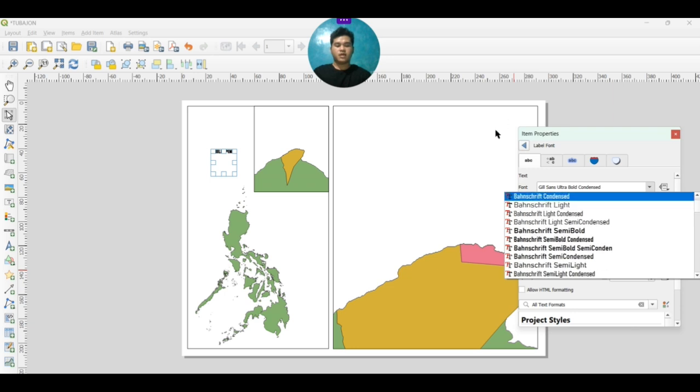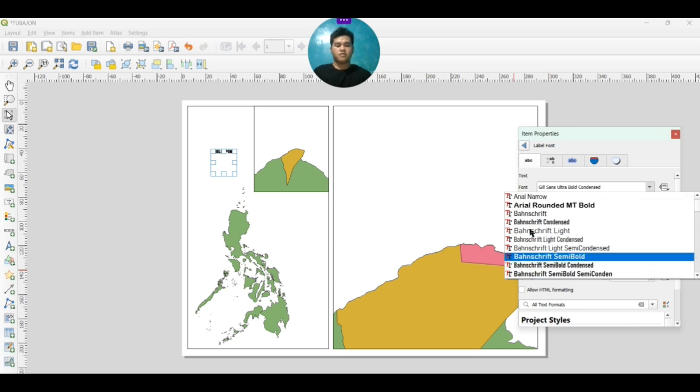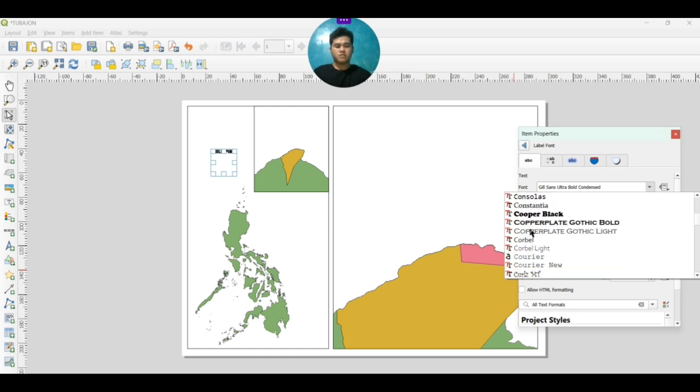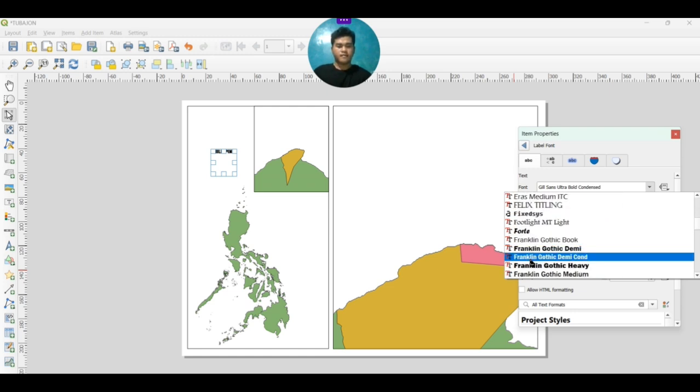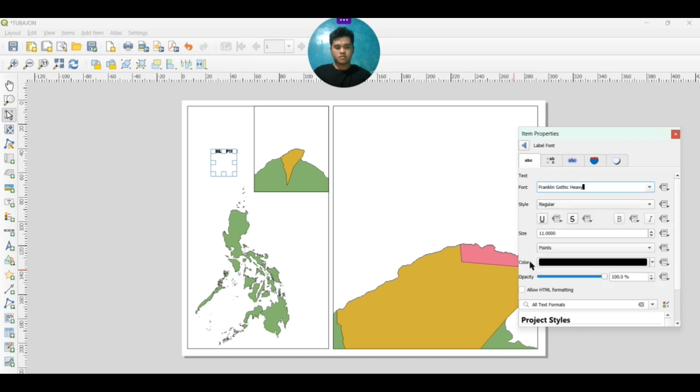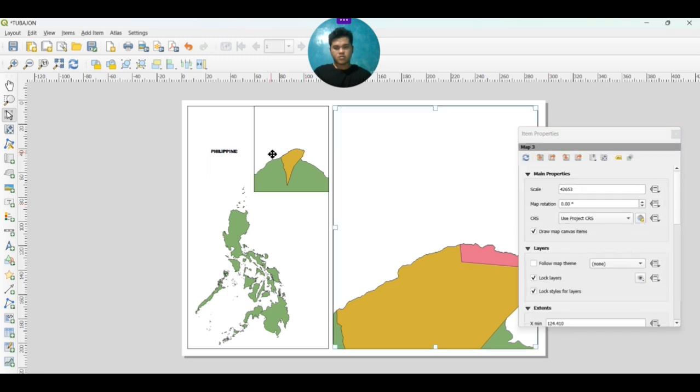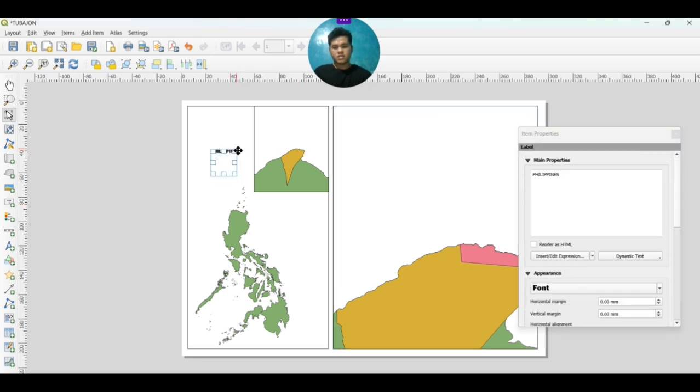In my case, I'll be using this one. So just click it and done. Next, I just want to adjust it. Once you adjust it, click for the label arrow, just what I told you earlier.